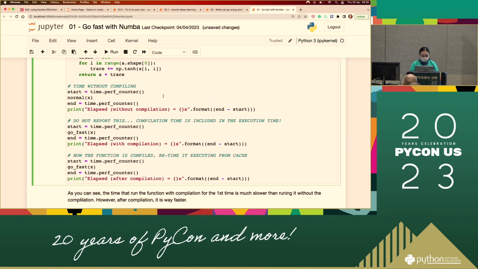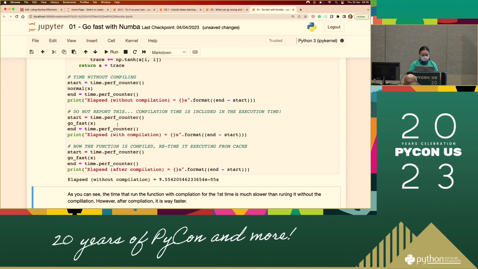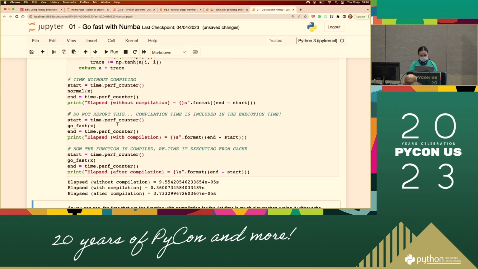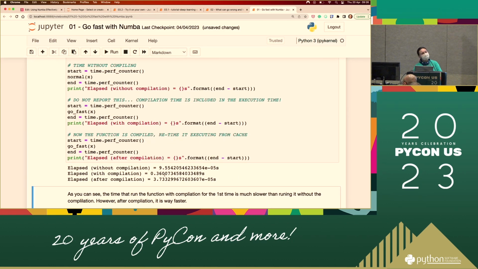This is an experiment, so there's not much we can do, but we can look at the result and try to make sense of it. Which one is the fastest? I think it's quite obvious. You can look at your machine. Your machine may be different, but it should give the same result. Who gets the without compilation as the fastest? Let me know.